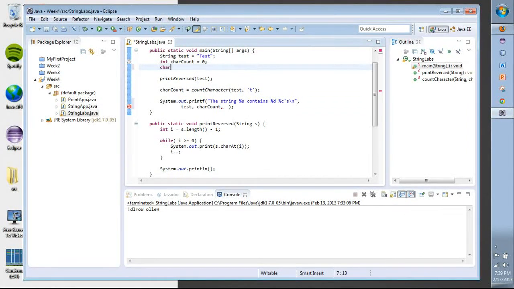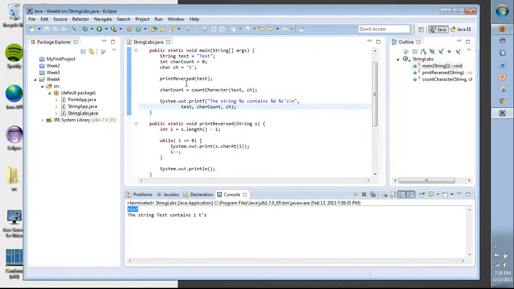Let's be a little more flexible. We'll put the t in a variable too, so then we can pass it here to our printf. Now if I've done everything right and %c is actually the formatting character for this, it should work fine. Yep, here we go. We get the string test contains